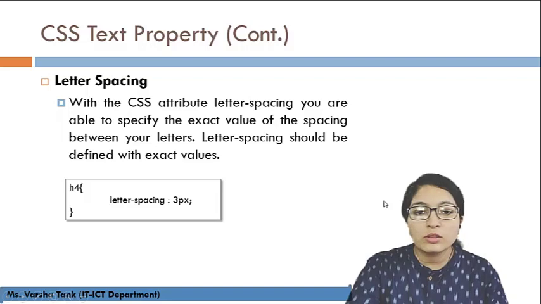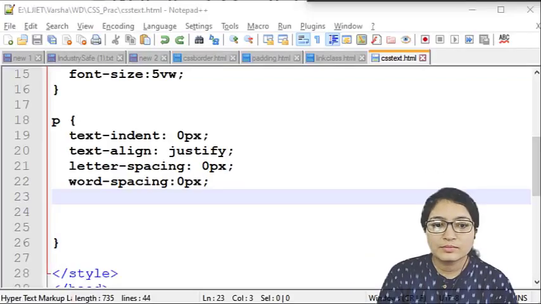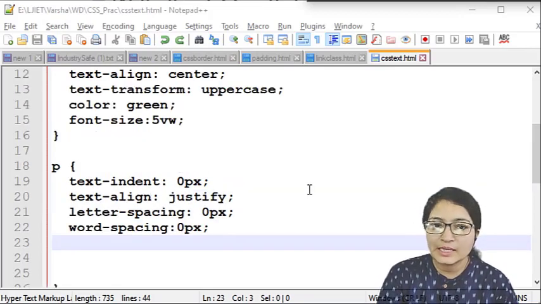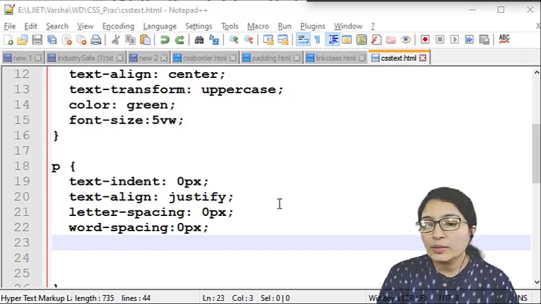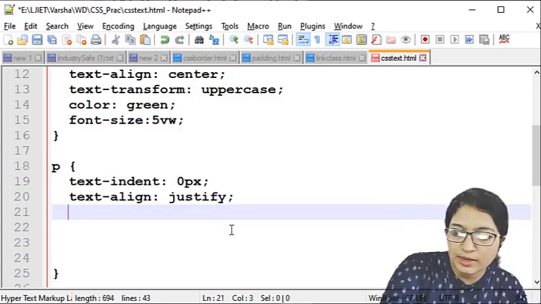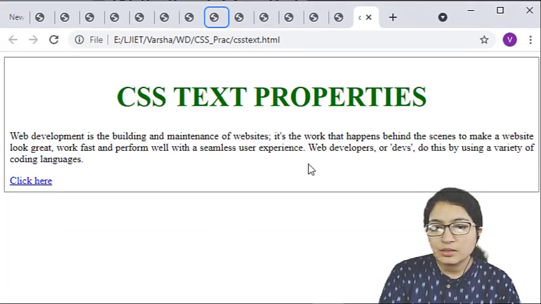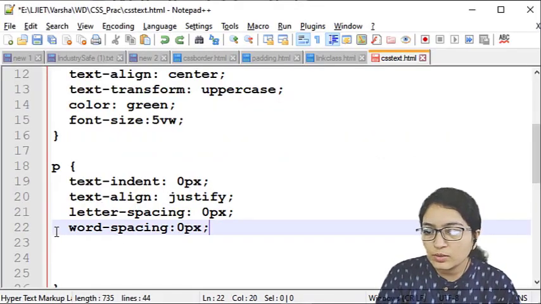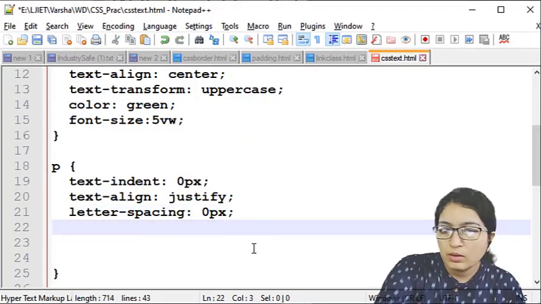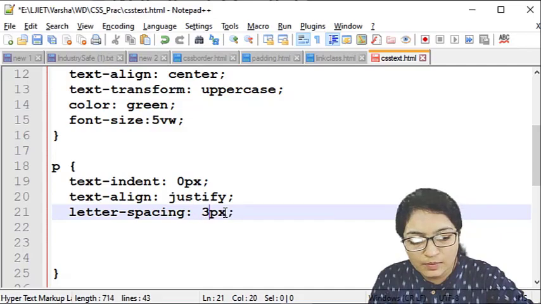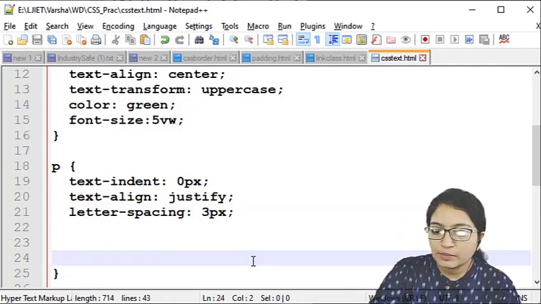So now let's see the practical for this. Here you can see in this paragraph tag, we have used letter spacing and word spacing. Right now I have defined them as 0 pixel and 0 pixel. Just remove this right now and see the output by default. Okay. Now let's define this. Suppose Control Z. I am first defining the word spacing. Now I am defining the letter spacing, that is 3 pixels. So what will happen? See.